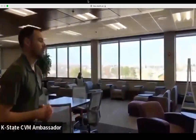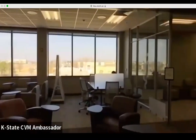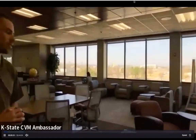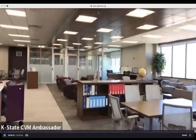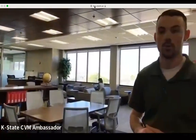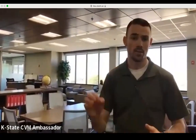First off, this is our library. This is a spot for us to study, relax, and focus. There are different spots designed for different people, whether you just want a chair with your friends, study tables, or even a couple of fishbowl little rooms where you can sit purely with your group. They have TVs where you can broadcast your notes or rewatch the lectures. The whiteboard actually goes over the TV so you can write directly on it, which is really helpful for classes